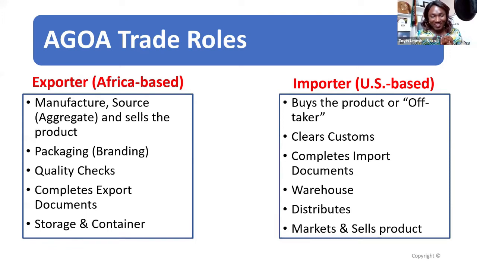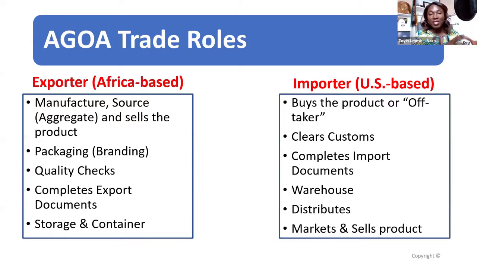Quality checks. Before you put those products on the ship or on the plane. Quality, because it becomes quite challenging. If you don't do the quality on ground, the goods could be rejected. It could be rejected by customs. It could also be rejected by your buyer based on some of the payment terms. The buyer could deduct from you if it gets here and it's bad quality. Instead of them sending back to you, they'll be like, okay, I'm not going to pay you the full, right?